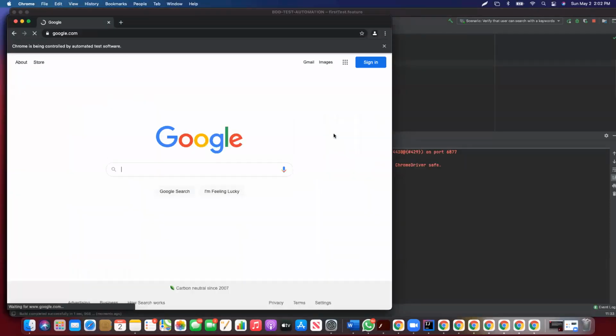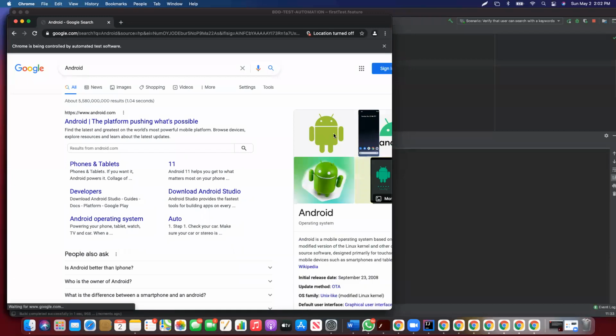Oh, passed this time. So 10 seconds wasn't enough, most likely. This time Android is the issue. 10 seconds, and so it should wait 25 seconds. No, actually 35 seconds. 10 and then